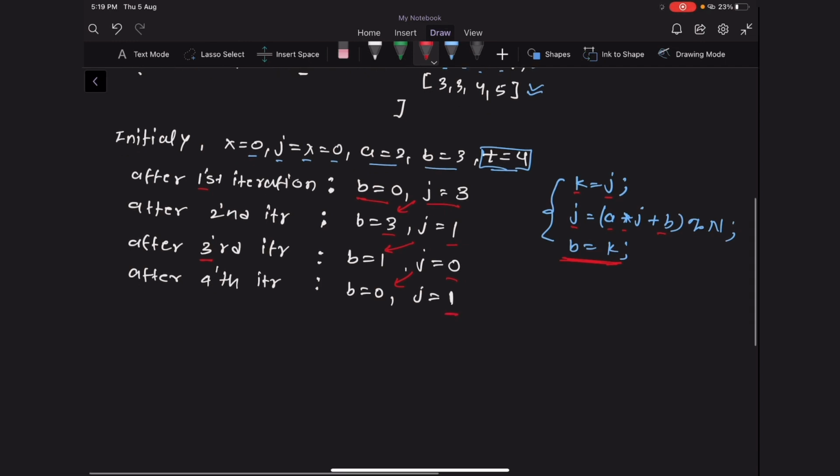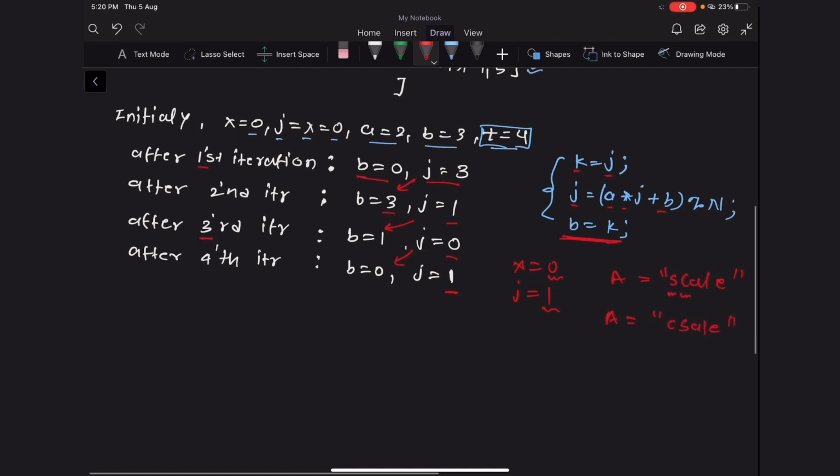So the initial value of x was 0 and the last value of j is 1. So we want to swap the first character and the second character. After swapping, a was initially scale, and after swapping the first and the second character, a will be CSALE.